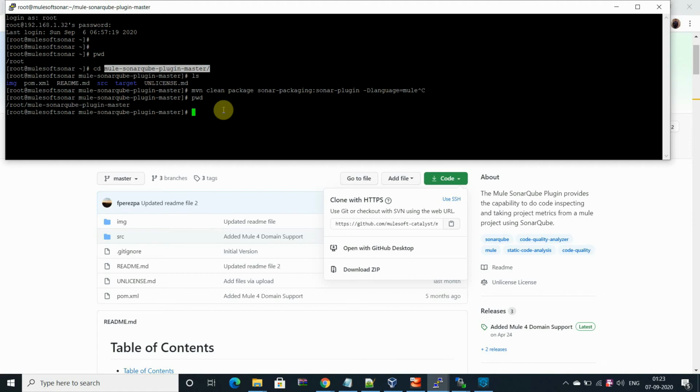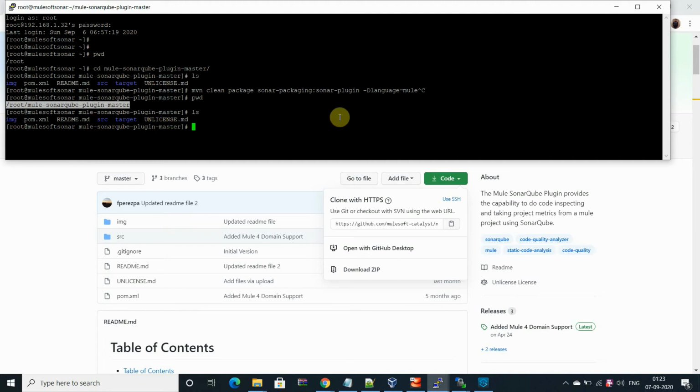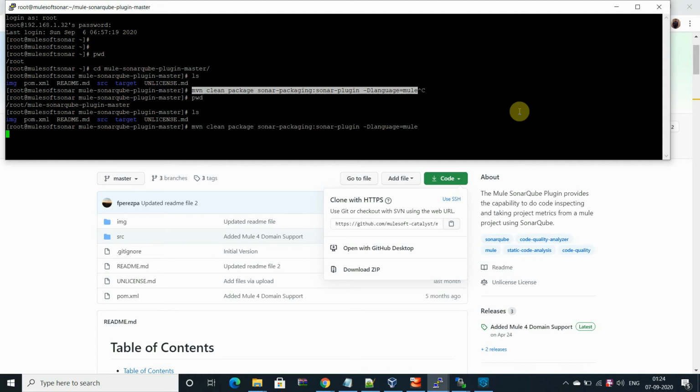You can see this is a complete MuleSoft project with some Java code. To make it a plugin, you need to execute a command to make it a jar file, which I can include in my SonarQube installation. Once I execute this command, let me check.